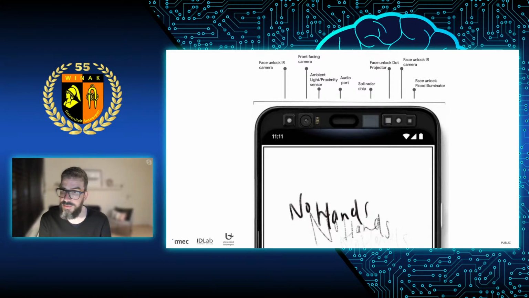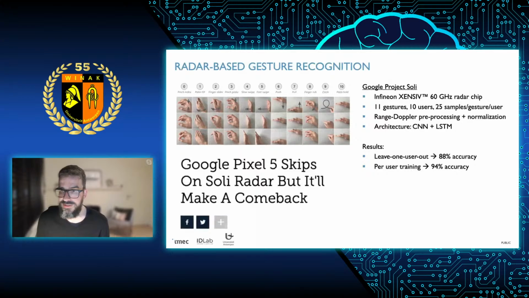This is getting more and more popular, that you do not want to touch a touch screen anymore, but you just want to hover above it and give some specific gestures. It was released a few years ago with a lot of fuss, and was an unbelievable disaster, actually, this Google Pixel 4, and specifically that radar chip, because it simply didn't work. And you can also see that the new Google Pixel 5 actually ditched that radar chip again, because it simply didn't work. And why didn't it work?